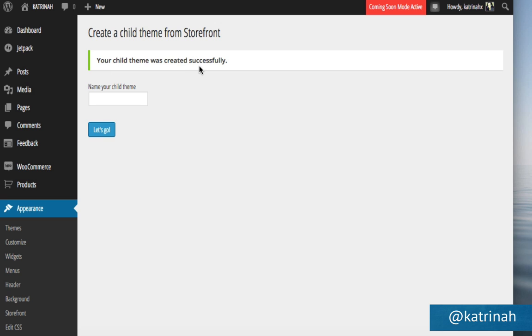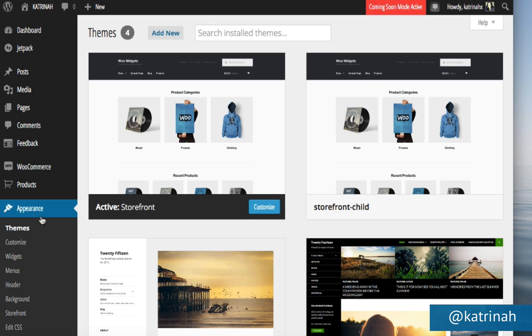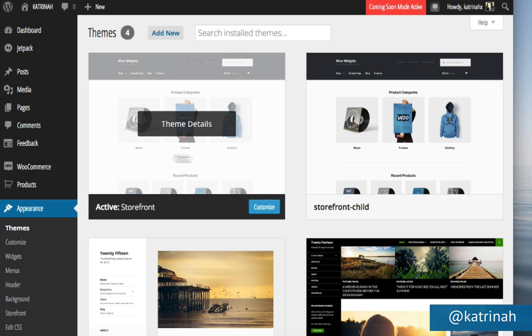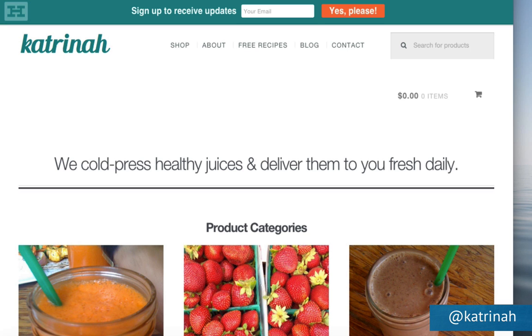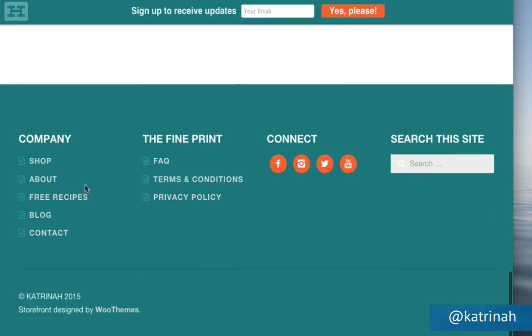Once the child theme has been successfully created, we can go back to Themes by going to Appearance and Themes, and now we'll see that we have two similar looking thumbnails here for the different themes. Right here, the active theme right now is the parent theme, and on the right-hand side we see we have the child theme. So before I actually activate this, I want to make a note that some things on the website are going to be a little bit off, so we're going to need to adjust those. Namely, when we activate the child theme right here, we're going to have a different color here on the header section as well as a different color in the footer section. So some of the styles are going to be off.